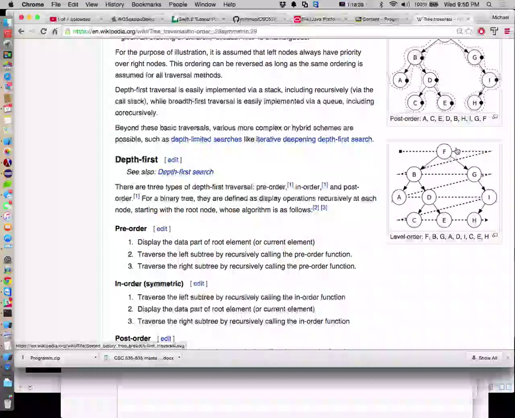What about using one of our other data structures? Maybe a stack? Could I, if I take this F, push it onto a stack. Then I visit the B. I push that onto the stack. And then I visit the